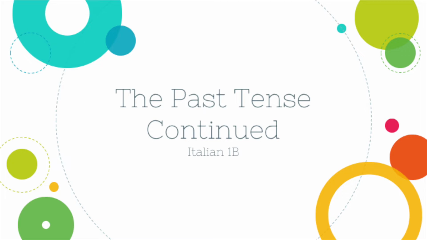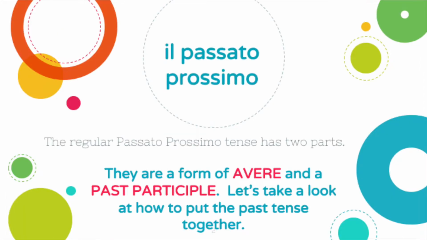Okay, everyone. So as always, it would be very helpful for you to have Monday's notes either open in front of you in another tab or printed out so that you can follow along. Today we are continuing our conversation on the past tense, and I know many of you had a lot of questions last week about how it's put together, so I want to do a quick recap just so that we have a firm understanding of what the regulars look like, and then this week we're also going to look at the irregular past tense participles.